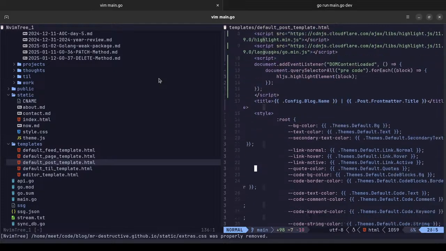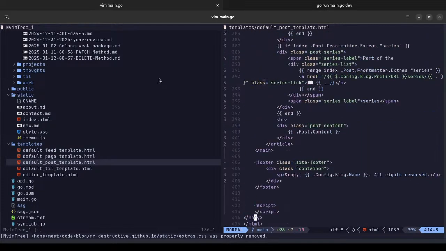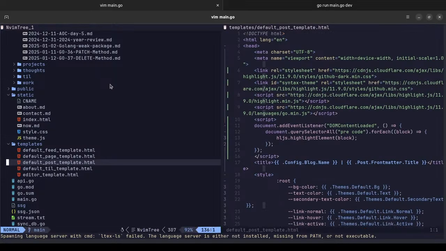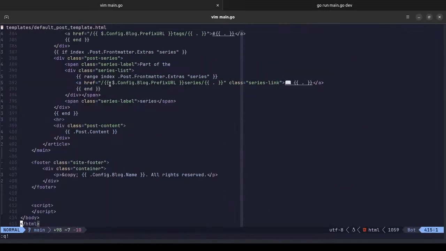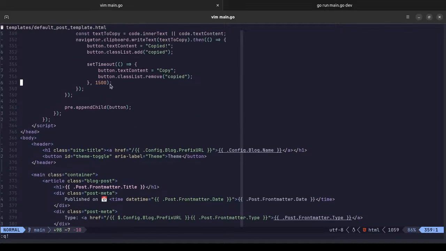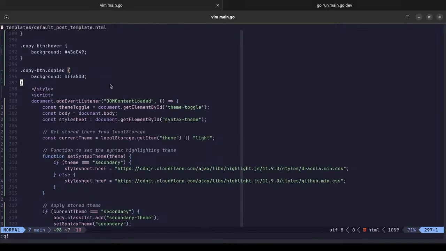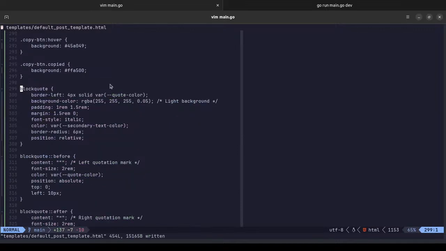We are not importing the style sheet yet here, right? So for now we can just add it right here. No big deal, but